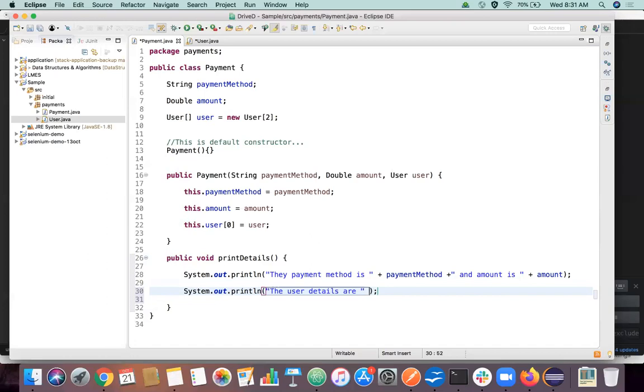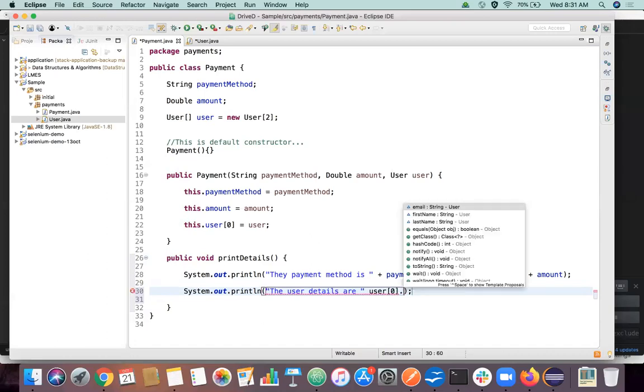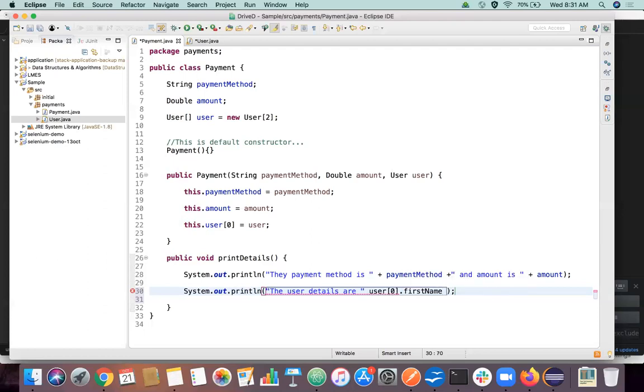Yes, we need to print the user array, like at which position we want to see it. The user 0 dot first name. You have missed the concatenation plus in the starting. Yes, thank you.